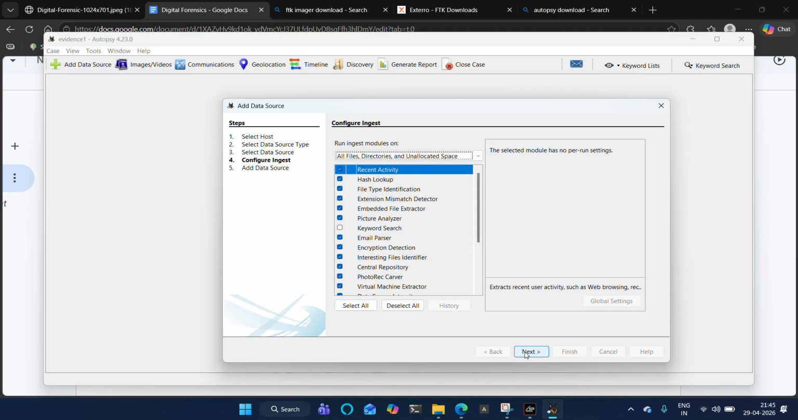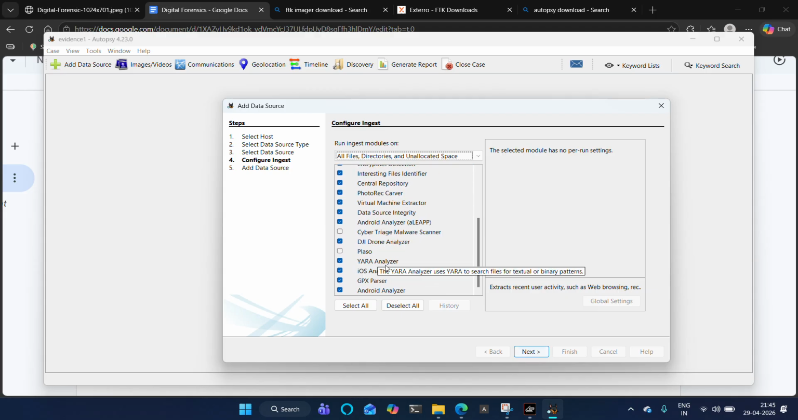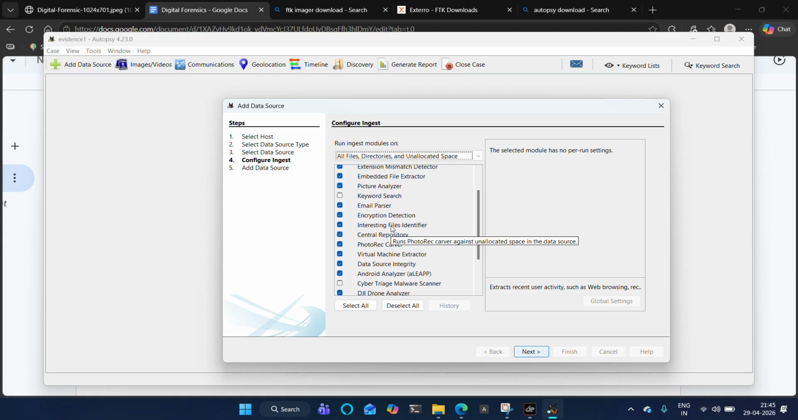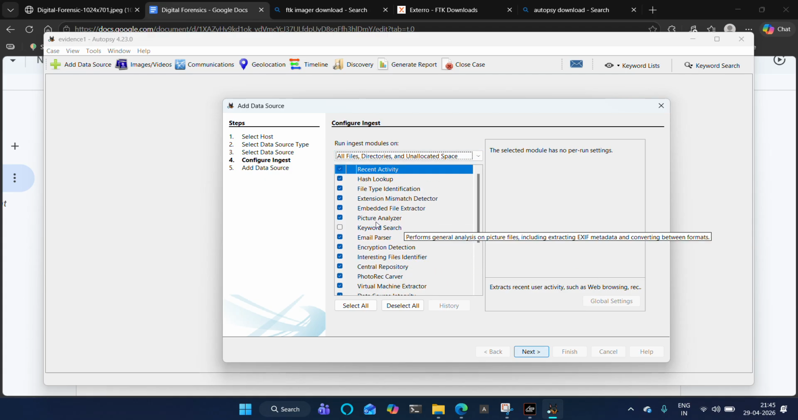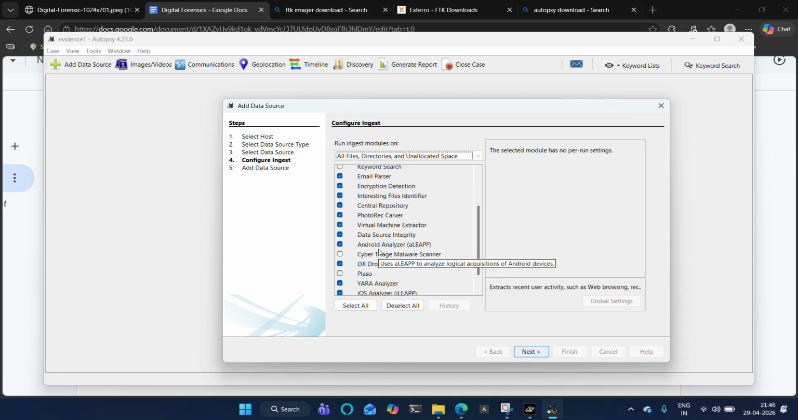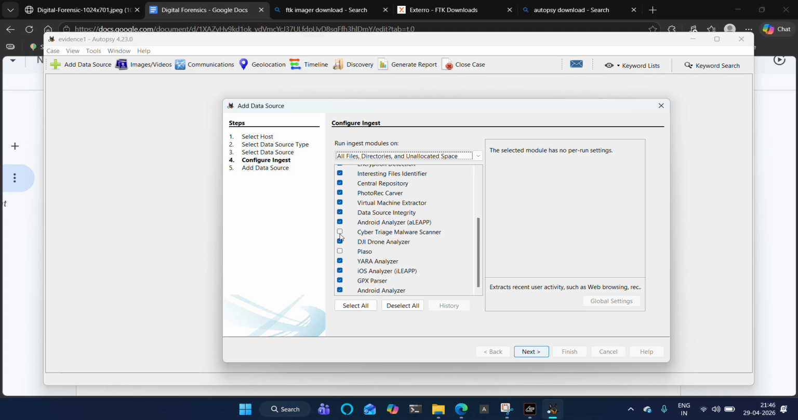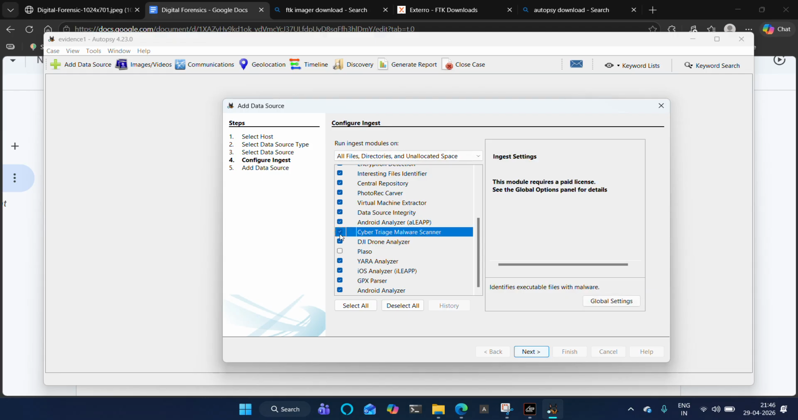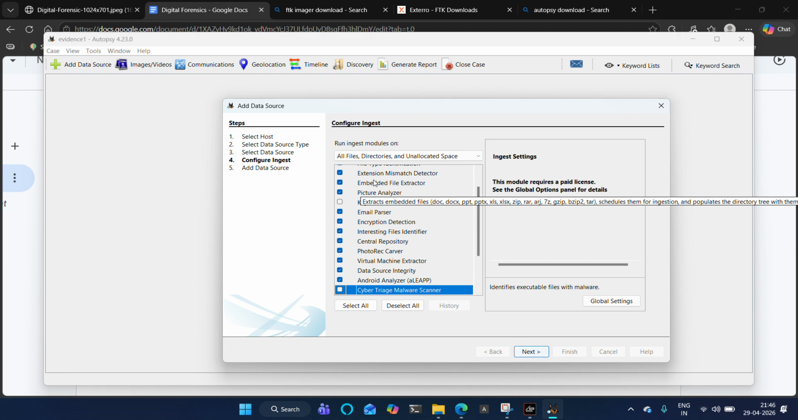Okay, next. This is an important part where you'll specify what all you need. I'll tell you which are the important ones. You can just retrieve the deleted files, and the features which are disabled will be enabled when you take a premium account of Autopsy, but for a free trial these are all the services being provided. See, email parser, keyword search,